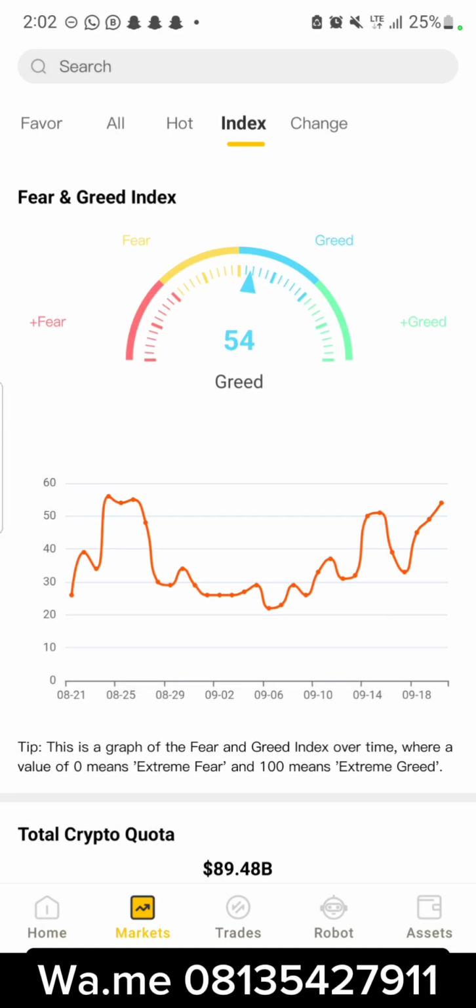Now, this is what we have been waiting for, for so long: the bull run, the bullish state. If Bitcoin could hit $70,000 at this stage, then 73, 75, and beat its all-time high, it means the bull is going to break the all-time high, and the altcoin season is going to be very, very bullish. All right, so pay attention closely.